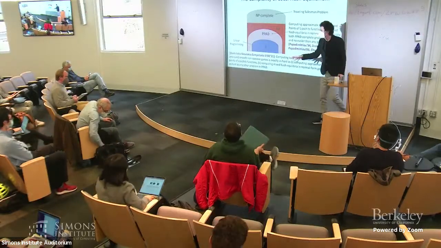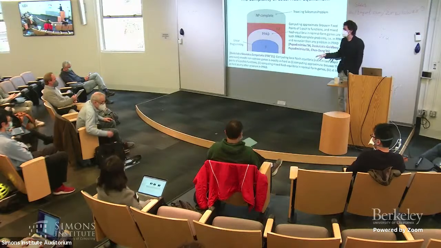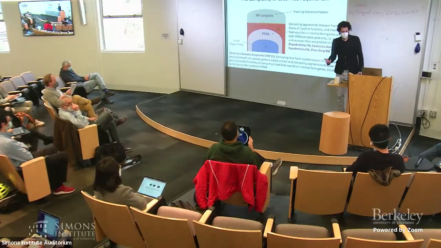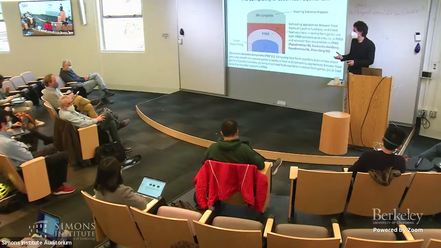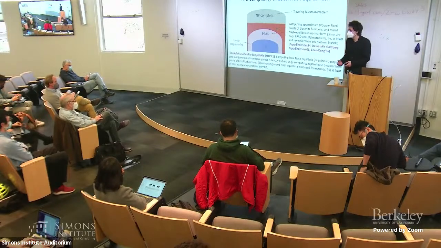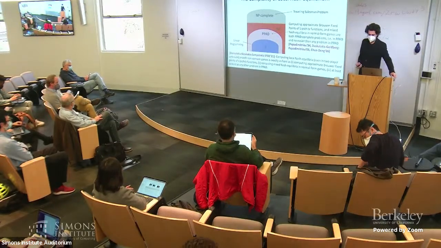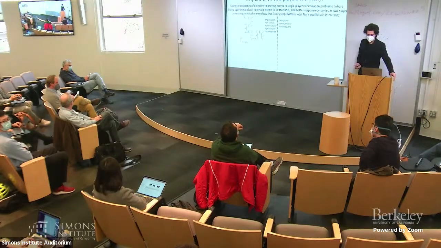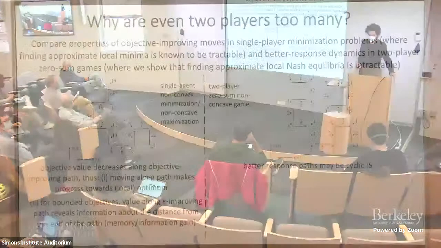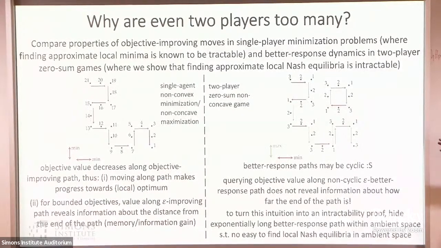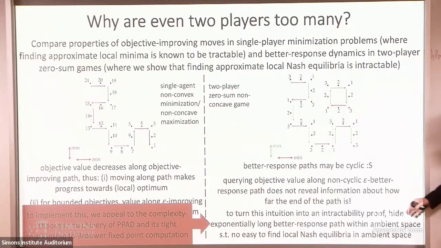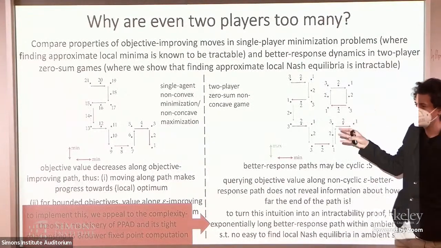In the last hour, I was talking about the complexity of computing local min-max equilibria and local Nash equilibria, and the hardness already holds for local min-max equilibria. So let me explain. I gave you some intuition about why even an extra player in a non-concave game can make even local solutions intractable. And I made this comment that we have intuition about how we would like to